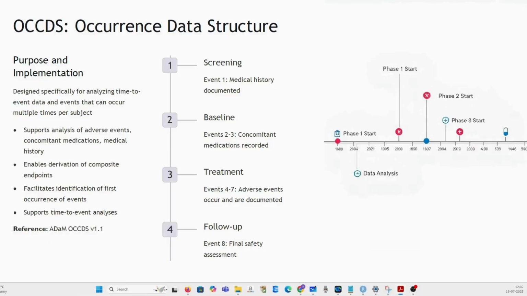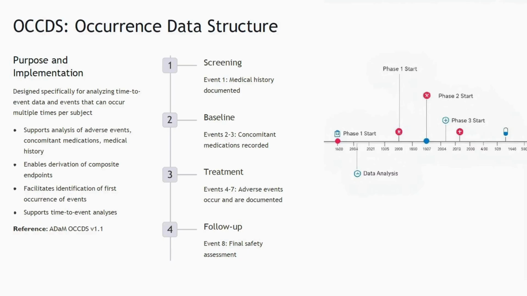So, occurrence data structures. The occurrence data structures are specifically designed for time-to-event data analysis. They handle events that can occur multiple times per subject, support analysis of adverse events, concomitant medications, and medical history, enable derivation of composite endpoints, and facilitate identification of the first occurrence